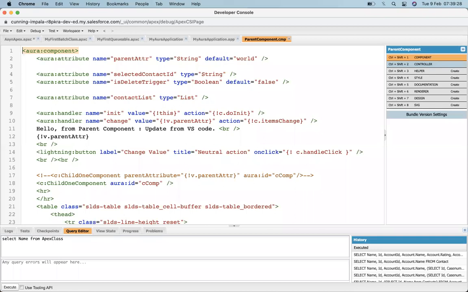Okay, I make changes in this parent component. Okay, I save.